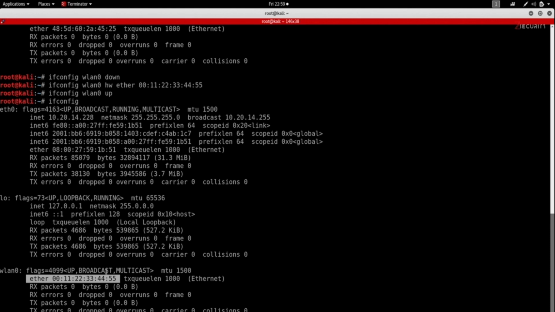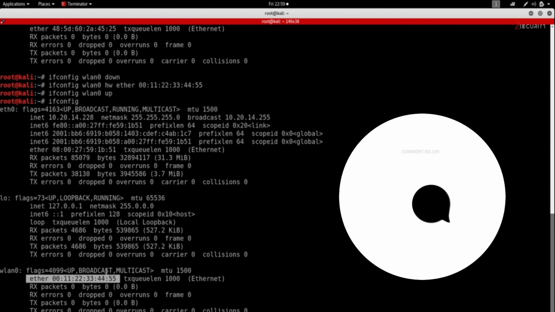But if your MAC address is resetting to the original one without restarting, then something is going wrong, and it's probably happening because your network manager is resetting the MAC address. Not everybody will face this issue, so I'm not gonna cover it in this lecture. But if you face this issue, if your MAC address goes back to the original one without restarting the computer, then check